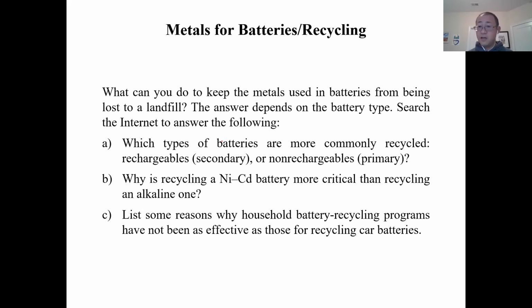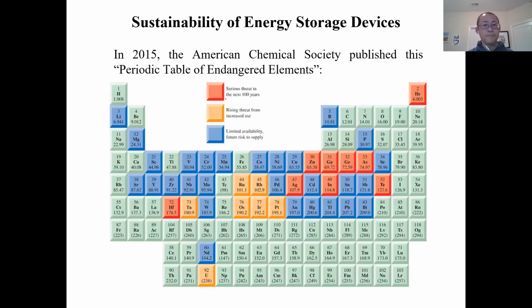So there may be other reasons, and for you to think about why household recycling is not executed as effectively as recycling your car batteries. I think they're very good questions to think about, and try to search for answers. Okay, and next, this is a periodic table the American Chemical Society published in 2015, with labels for labeling those